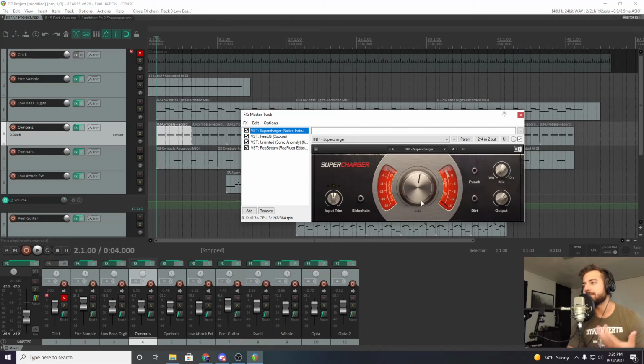So that's why I have this, but this is maybe a little more than I would generally use. A nice thing about a compressor on the master is you can also crank the output to get it louder. That's a little less necessary with digital workstations because you have so much clean headroom here, but it's nice nonetheless.